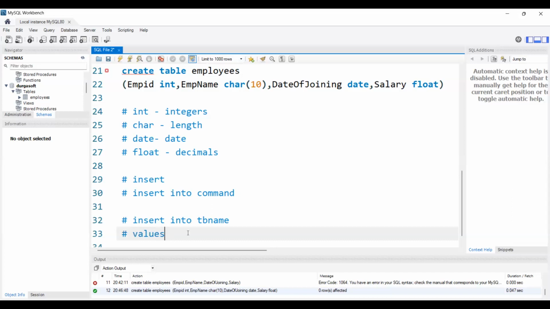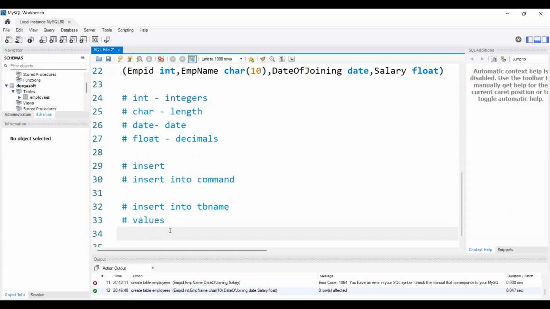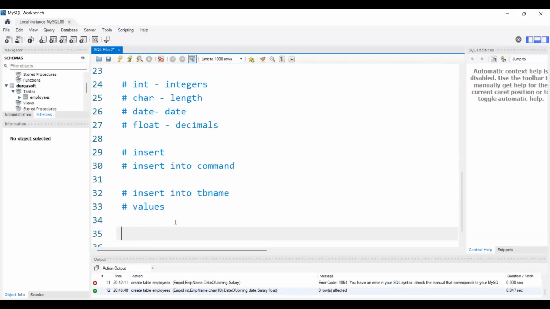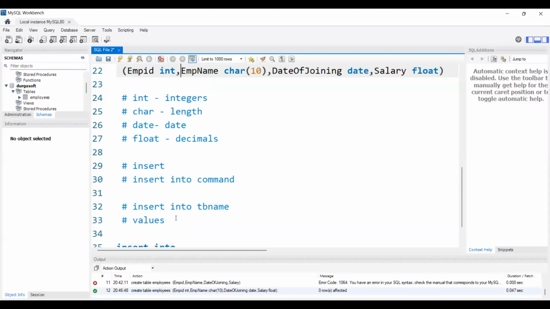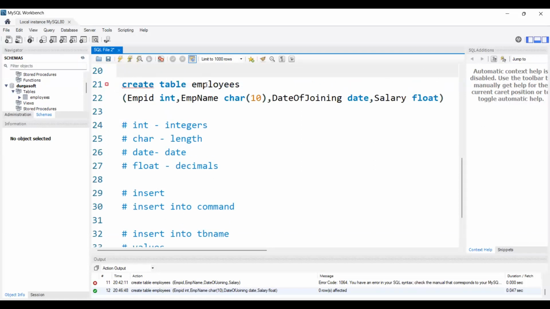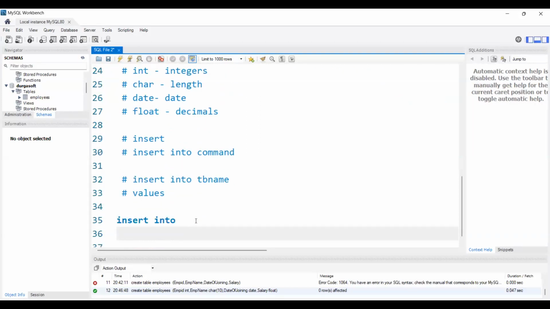This is the syntax for inserting the data. Now let me insert the values. Insert into employees. Okay, so insert into table name, right? I took employees,